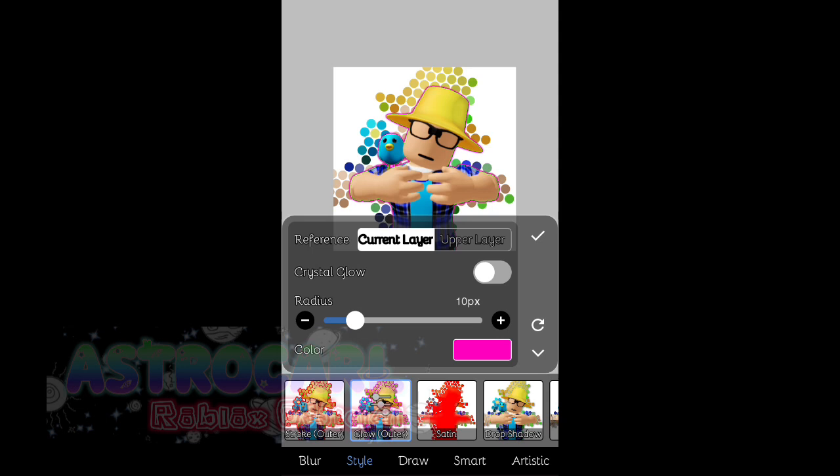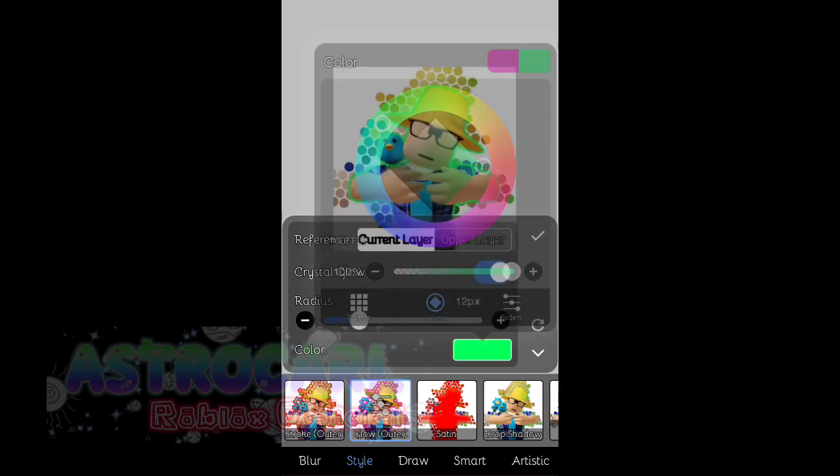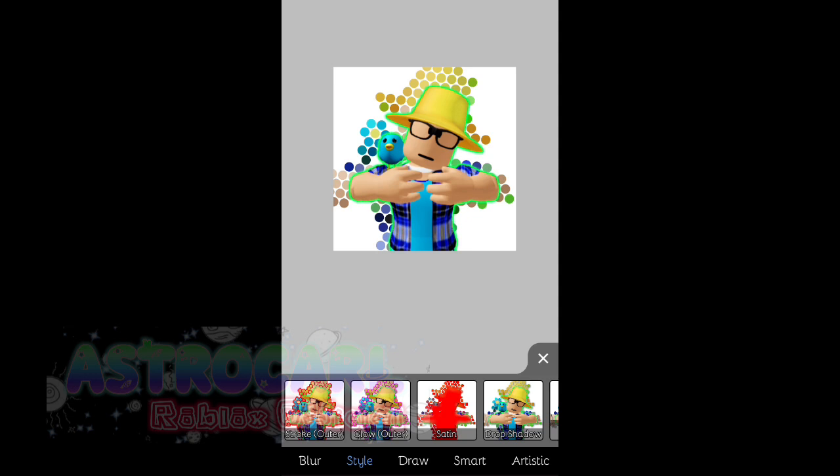But if you enable the crystal glow, it's stretched out so you can see the outline of it. You can choose any color you want. It depends on your favorite color. I'm going to pick green because that's my main favorite color. And check if you're done.